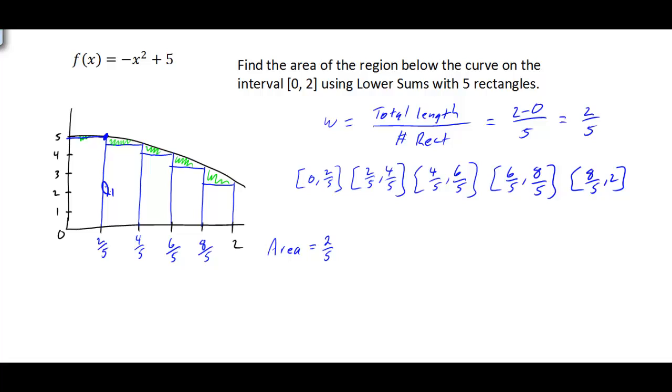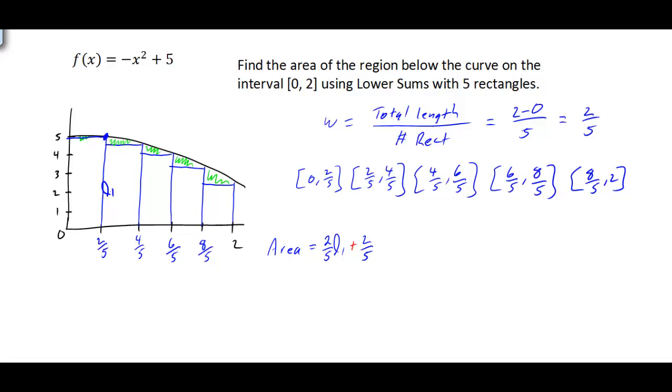So we know we can find L1 because that's simply what? That's simply going to be the y value evaluated at 2/5. So if you go up to the graph, we could go over to find the y value. Or in other words, we can take 2/5 and plug it into the function above, negative x squared plus 5, and that will give us L1. So we need to take 2/5 times L1 plus